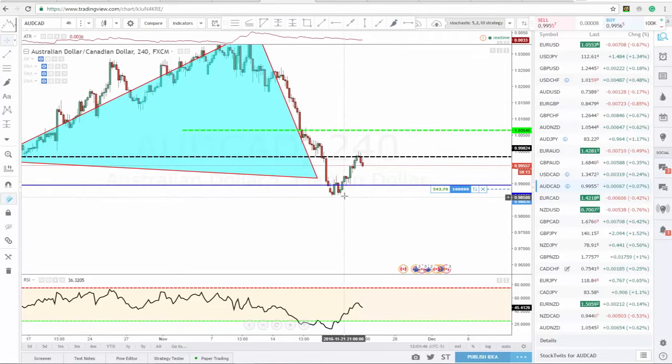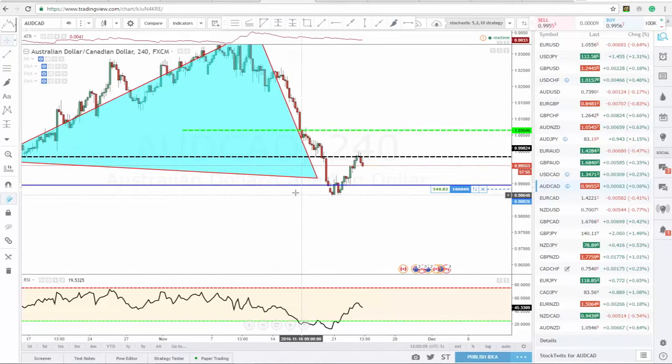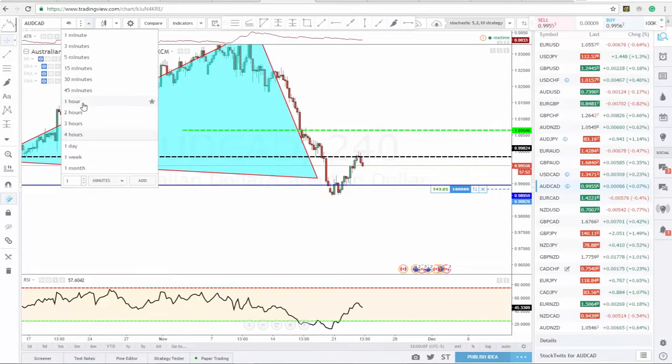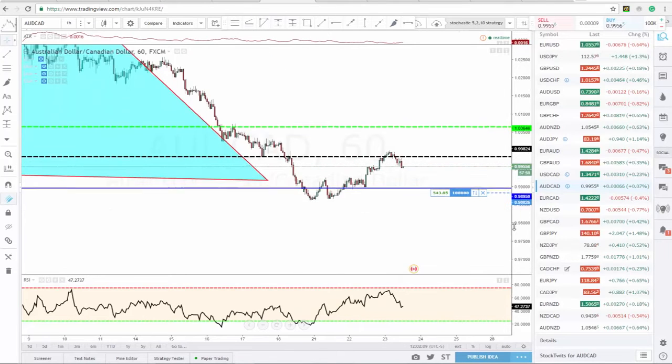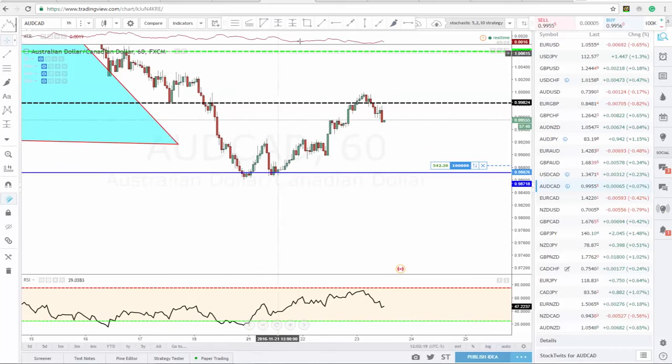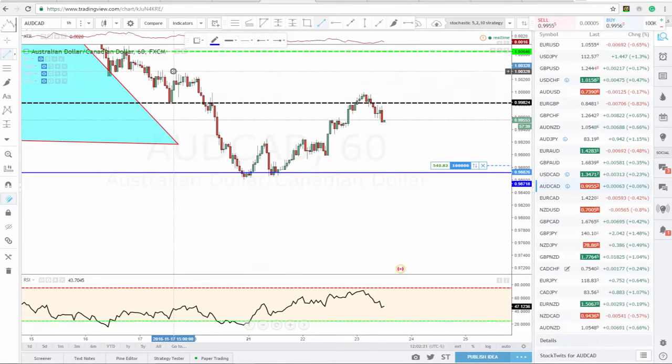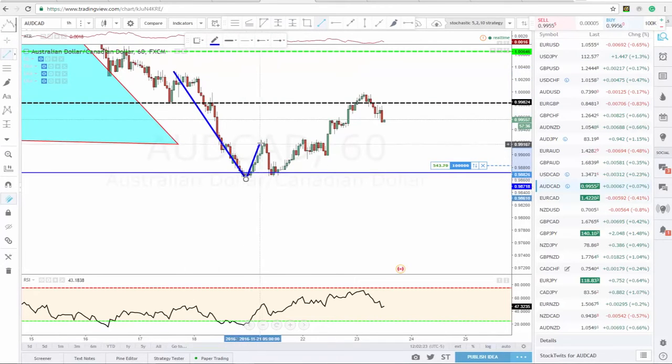but the lower time frame you go to, the less your stop loss is going to be, and it is always good to have less risk in any trade. So instead of the 4-hour, I decided to jump down to the 1-hour chart to see if we could find an opportunity there. And here on the 1-hour chart, I noticed that we already had this very nice double bottom